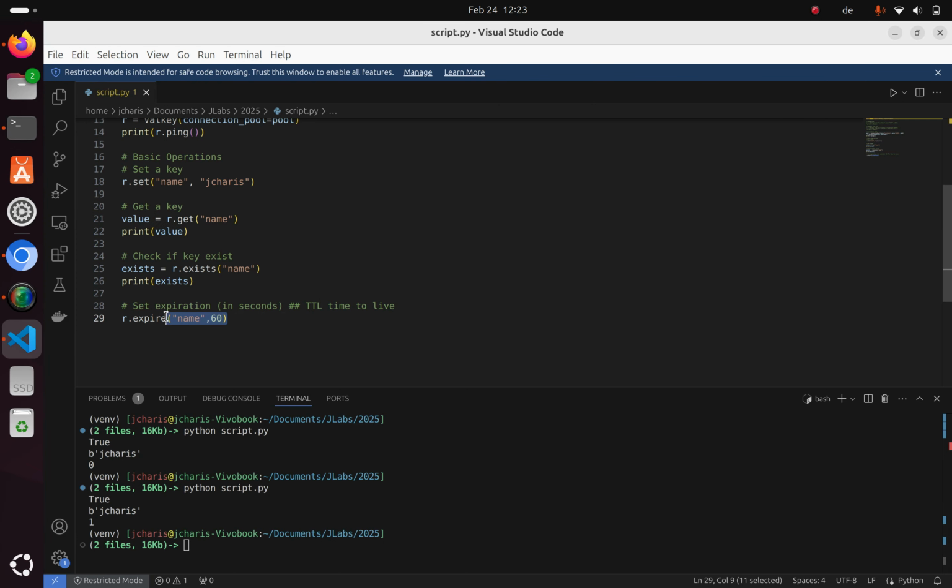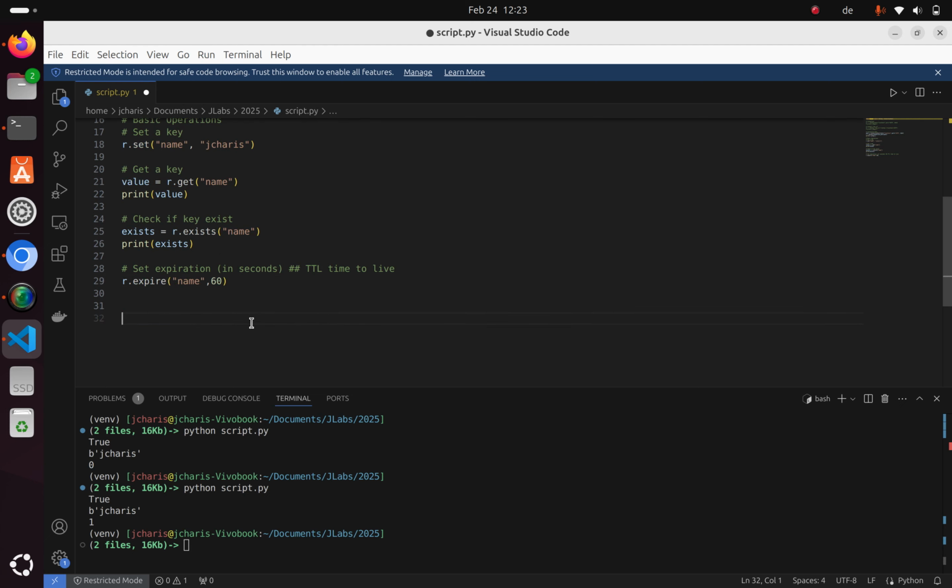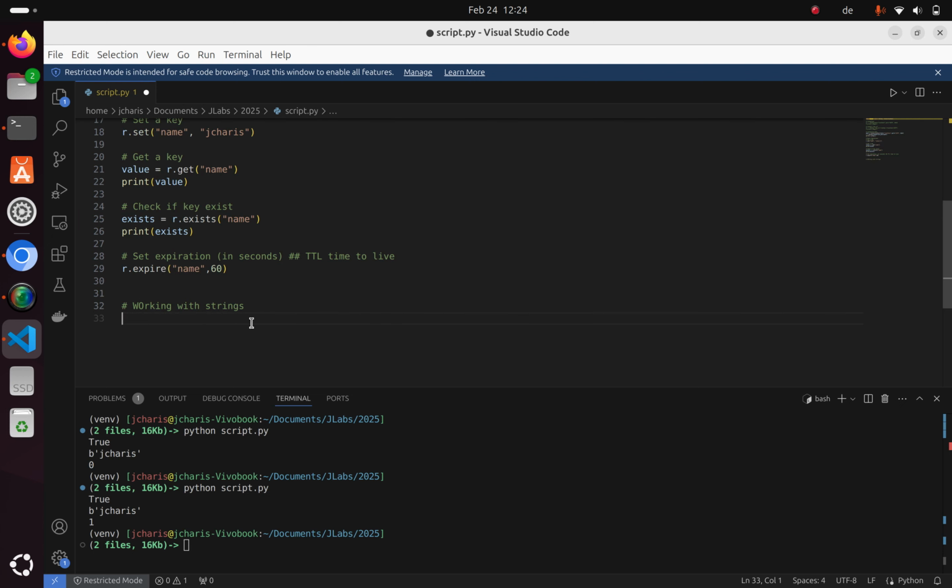You can also set the expiration date here. Very cool. Now, in case you are working with strings, how do you work with strings here? So this is working with strings. We saw some other stuff we did, right? All of these are working with strings, but you can actually do some increments. So in case I want to do some increment,